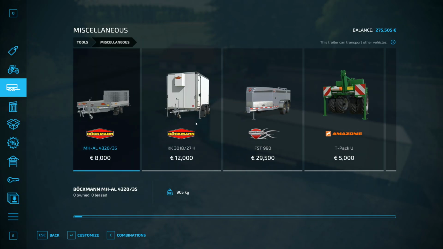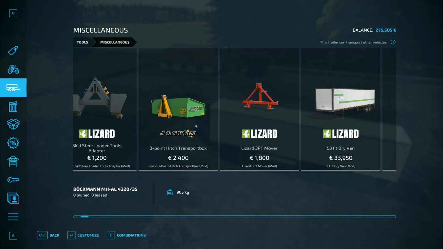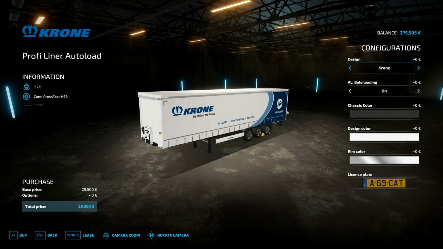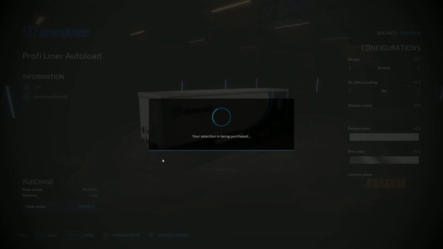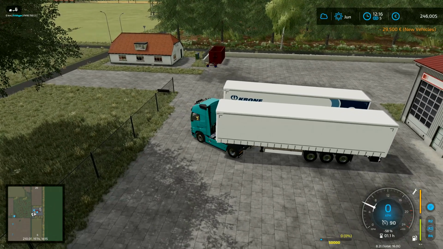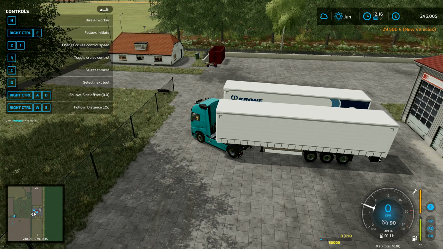So if anybody knows of any trailer like this one, pretty much the one that we've got, because this has got bale loading on or off, and I've got the Stevie version as well, which I'm guessing is just some more color options on it. So if you do know of one that will allow us to put more pallets in it, let us know. We're just going to test this one a minute as well, just to see, because it's got bale loading on or off. This one I've just hooked on. We've got...